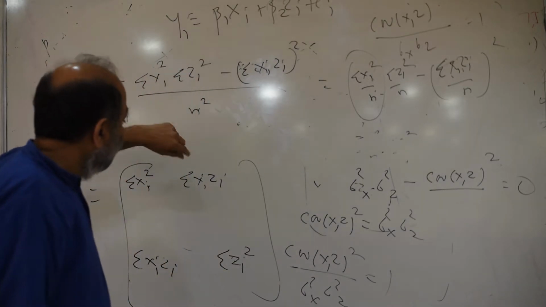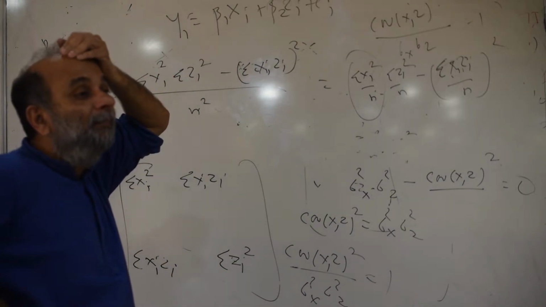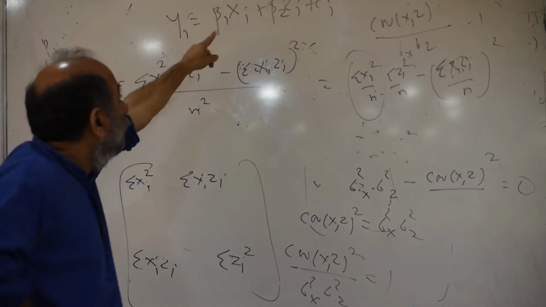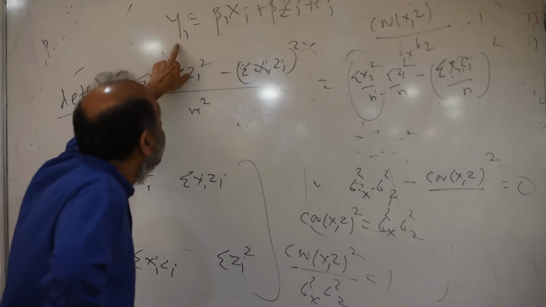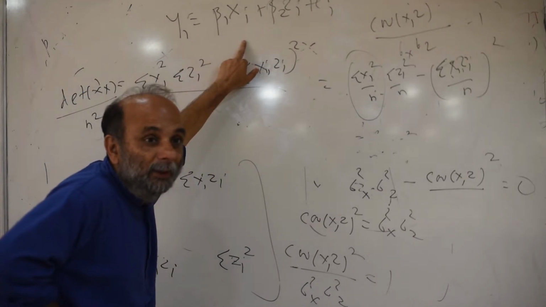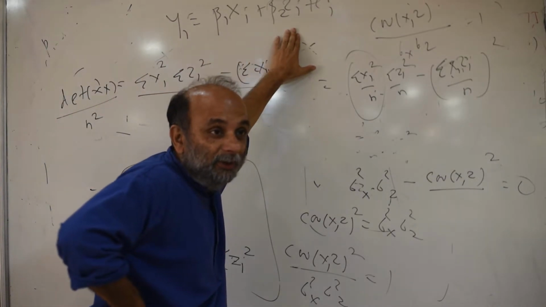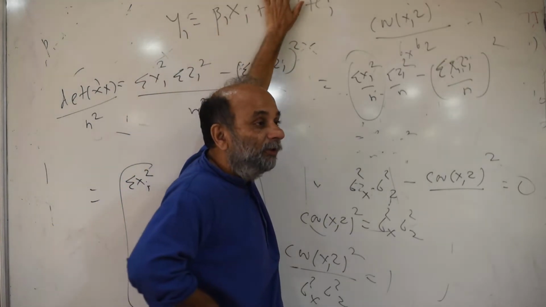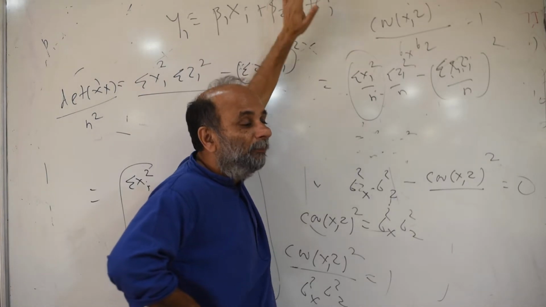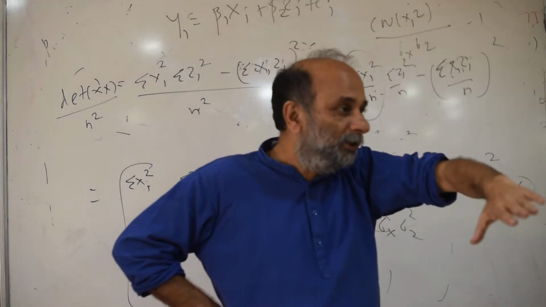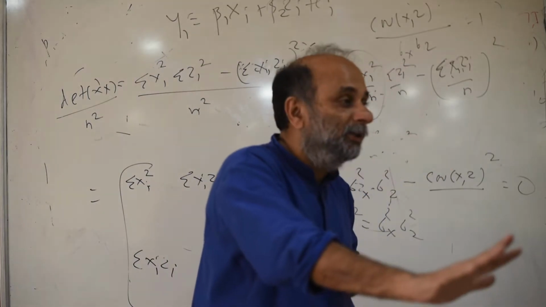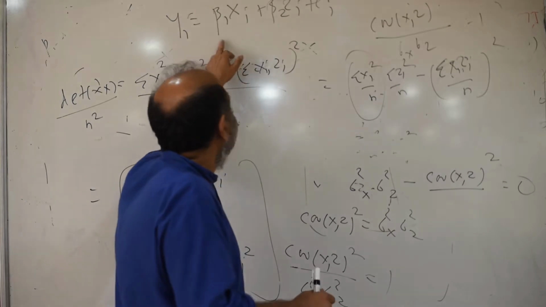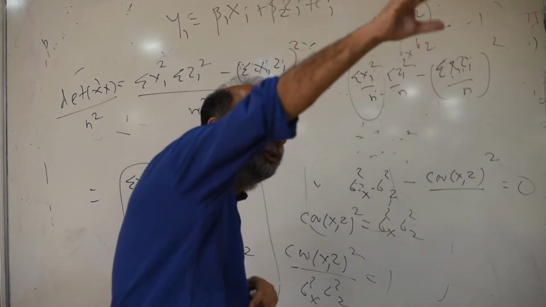So what does it mean? The more intuitive point is, if x and z are perfectly correlated, I will not get beta 1 and beta 2. Because what is beta 1? Beta 1 is the derivative of y with respect to x, keeping z constant. It tells me how much y varies with x if z does not vary at all. So I have households, their income levels, education levels. If I fix the education levels and change only household income levels, beta 1 tells me how their financial assets will change.